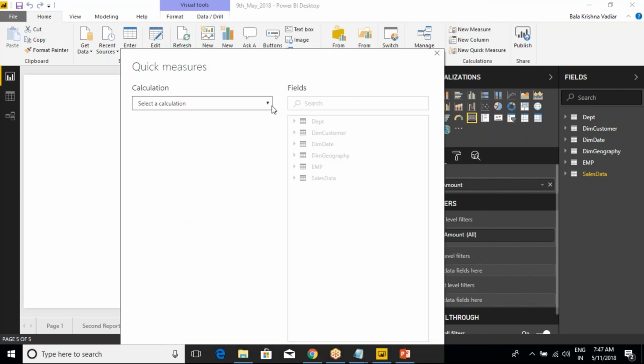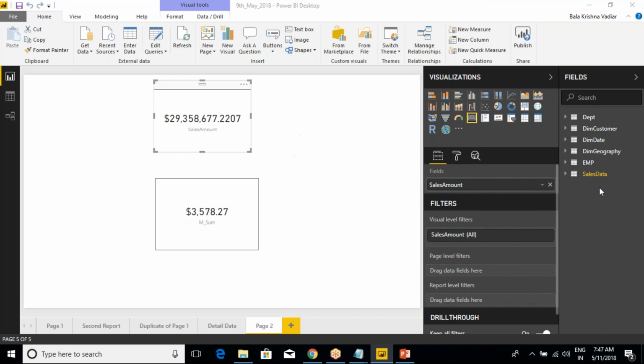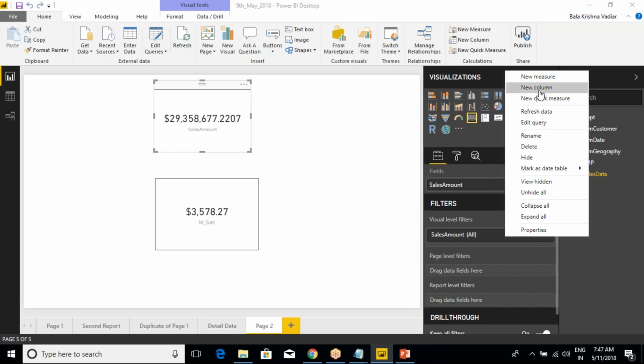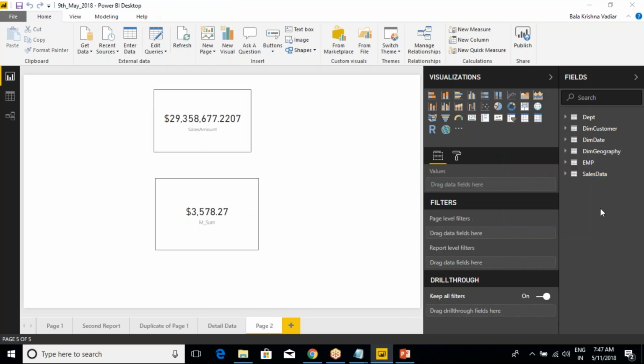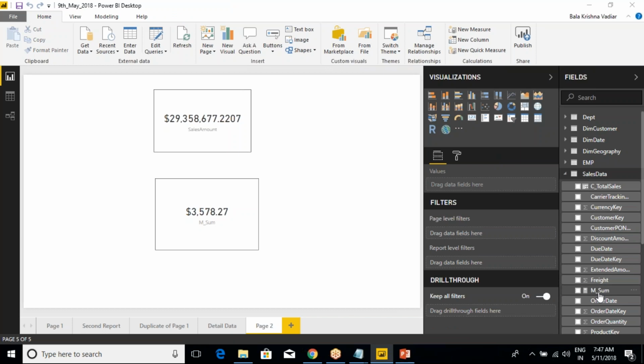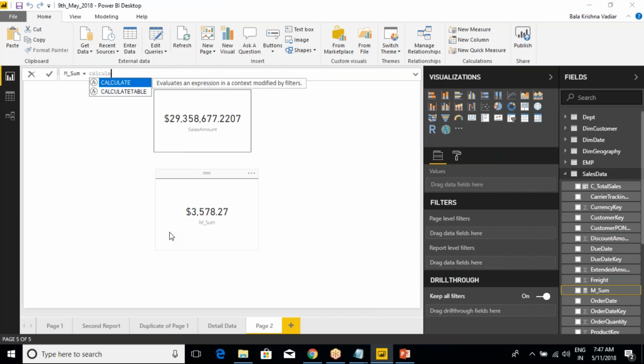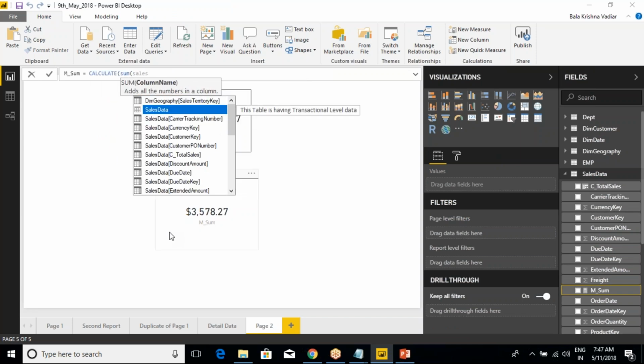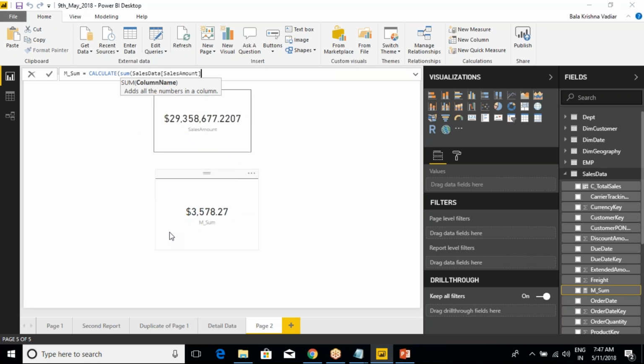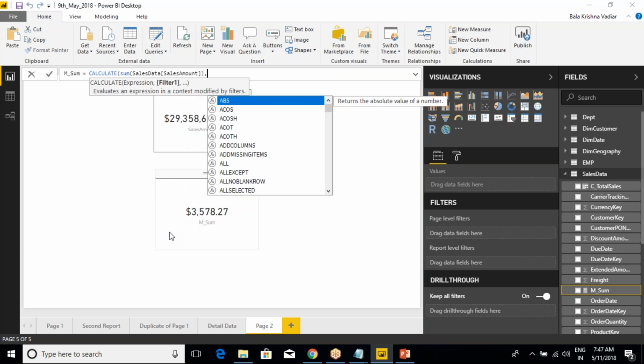Now whenever a user wants to add a measure, they should have minimum knowledge of, for example, the sum operation we added here. If they want to go for the calculate function, let's take the sum of sales amount and close it. Not for the whole table level, but only for